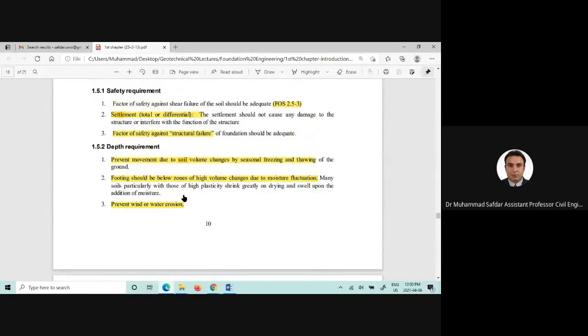Settlement requirements, obviously we should avoid the total and differential settlement, which can also lead to structural failure. So these are the safety requirements. There should be a depth requirement as well, which will allow us